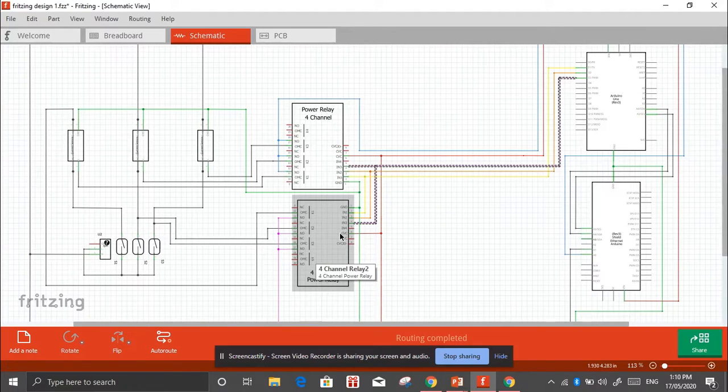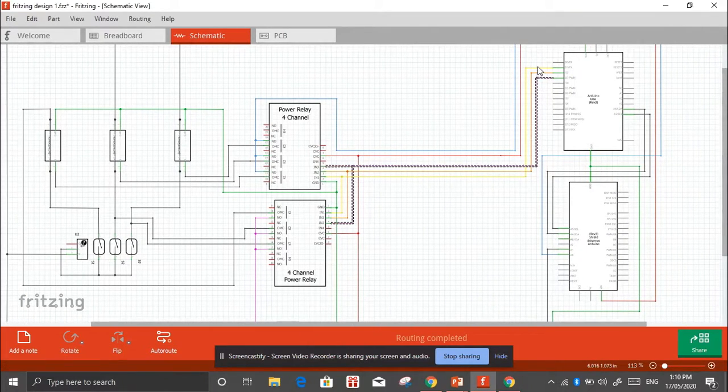So continuing with the explanation, the Arduino is connected to the relays such that simultaneous switching of relays in both current and voltage relay modules is possible. As you can see, if I click on the pin D1, it is connected to both the relays, that is current relay and voltage relay. Similarly, D2 is connected to both the relays and also D3 is connected to both the relays. This is basically done so that simultaneous switching of relays in both current and voltage relay modules is possible.